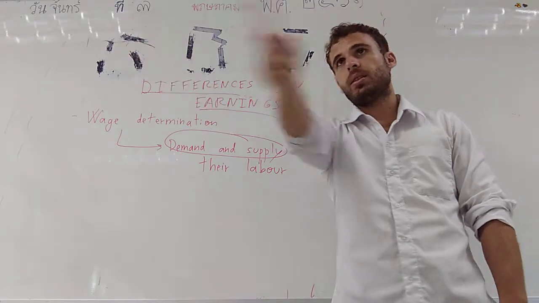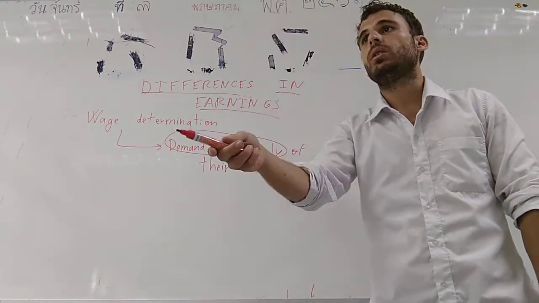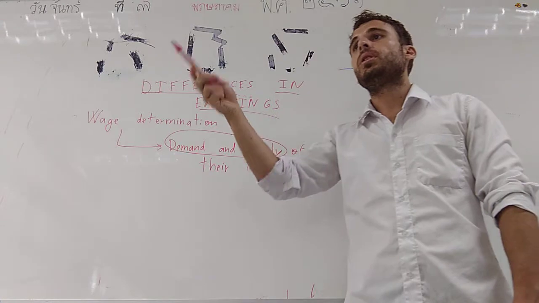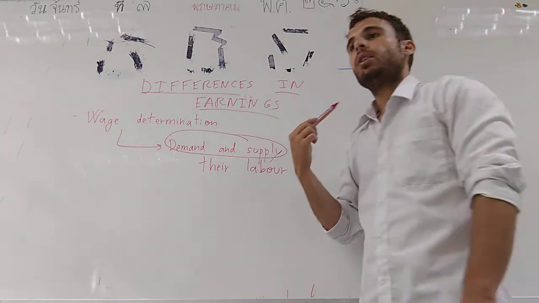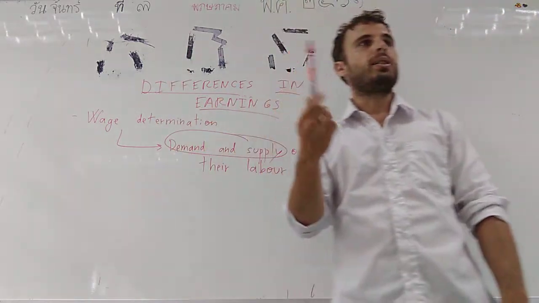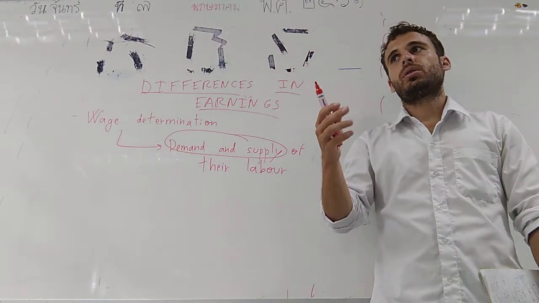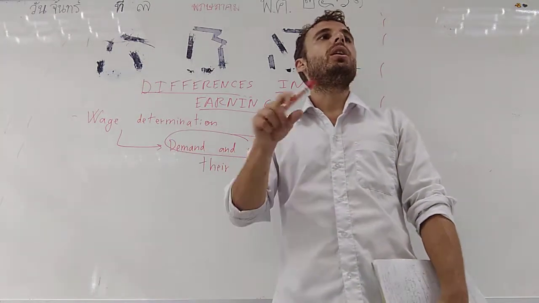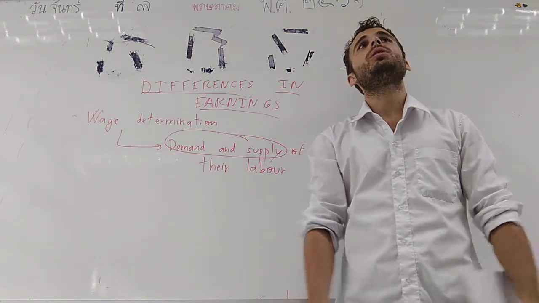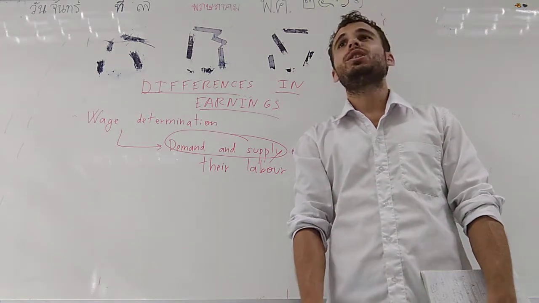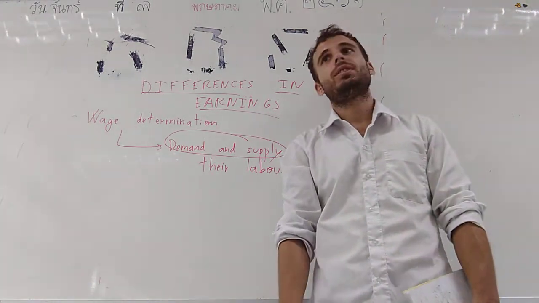So you are the supply guys if you try to find a job. What is the demand? If I'm an entrepreneur, I need to hire someone. So the demand is the company looking for someone to work. Now, if there are very high obstacles, or it's difficult to get the training to become a doctor, or it's very prolonged in time, it's very likely the number of doctors per capita is going to be very low. So we have a low supply because nobody is willing to spend 10 years to become a doctor, and it's very expensive. So if you're a doctor, you will have a good salary because it's difficult to find someone else to do your job.